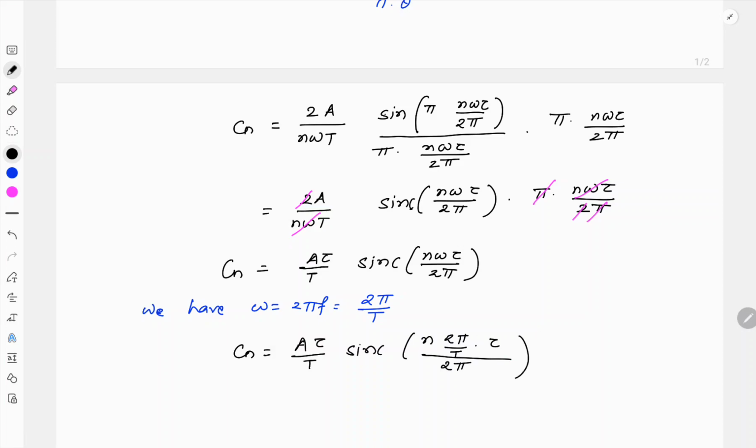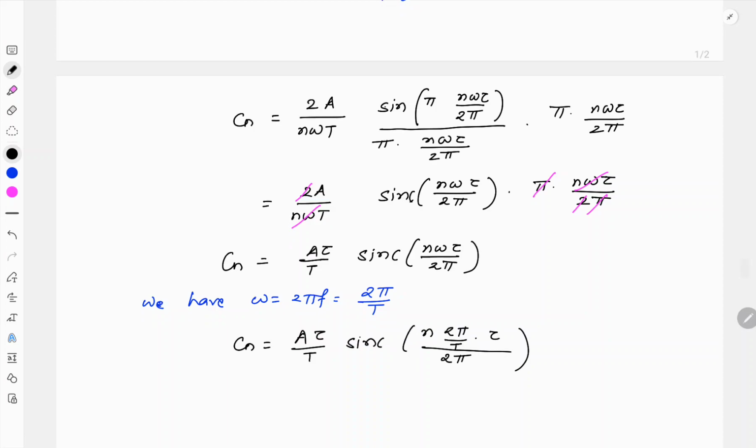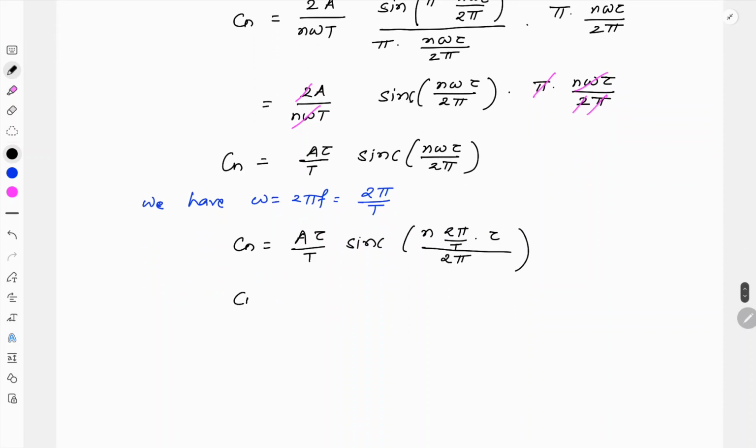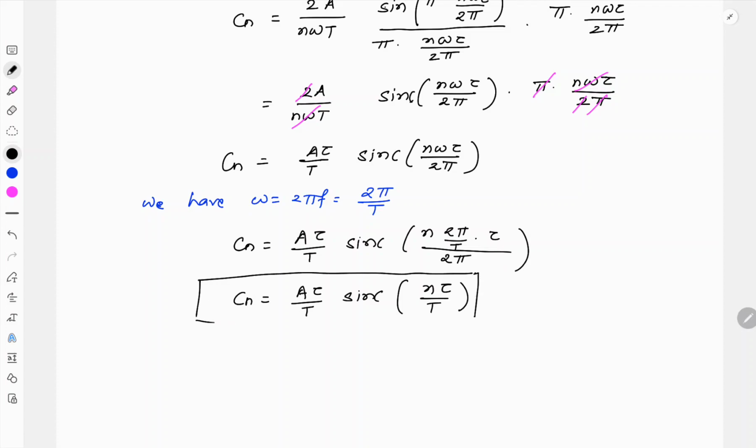So here 2 pi gets cancelled out and Cn becomes a tau by T sinc of n tau by T. So this is the coefficient of exponential Fourier series for given